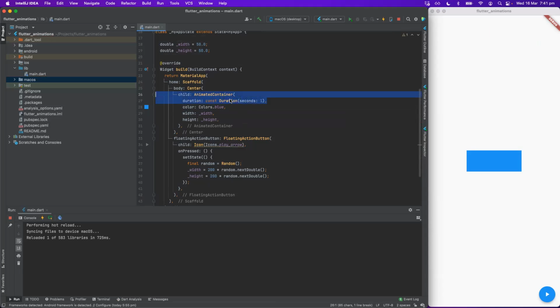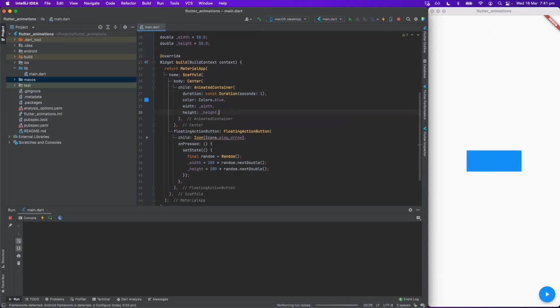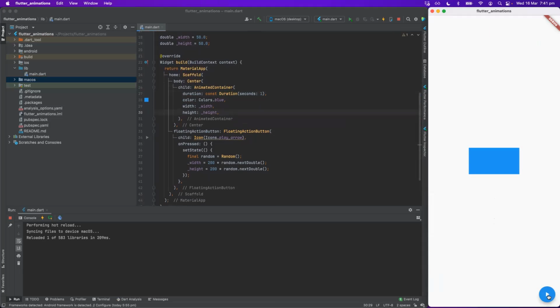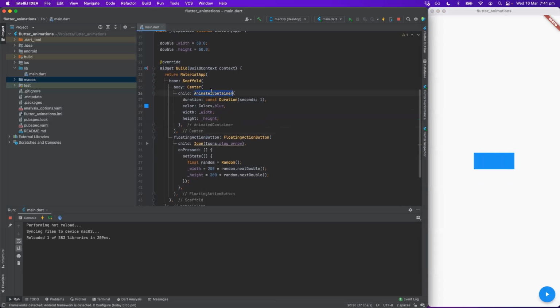So with just those 2 lines, I can show you now how this is gonna look like. So now when I tap on that button, you can see that it animates, yeah? So it goes smoothly from one size to another. So this is already, I think, a really cool kind of animation that you can use in your app. And yeah, it's a good start. So this is one of the widgets that you can use, this animated container.